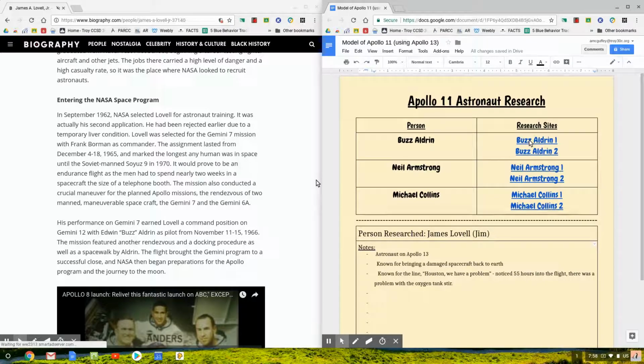So right now, go ahead and choose who you're going to research and find some information about your person. Please remember that you can use quotations from the text, so exact words. You can paraphrase it, so use some of the author's words and some of your own words, or you can put it all into your own